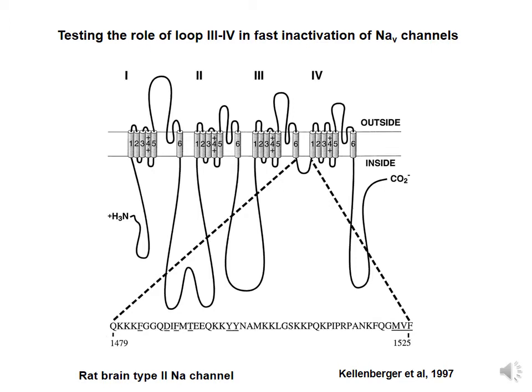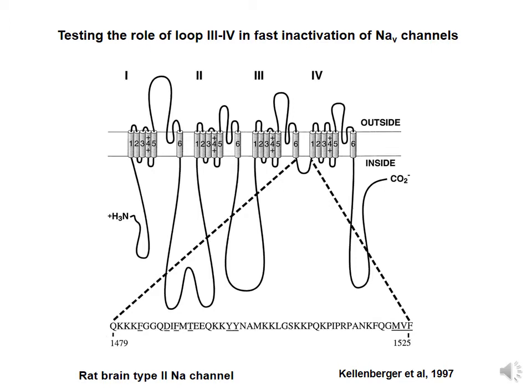As you can imagine, many people tried a similar experiment to what was done with Shaker potassium channels, and they started to delete amino acids in the amino terminal, in the C terminal, and so on, trying to find some area of these sodium channels that would be responsible for the fast inactivation of these sodium